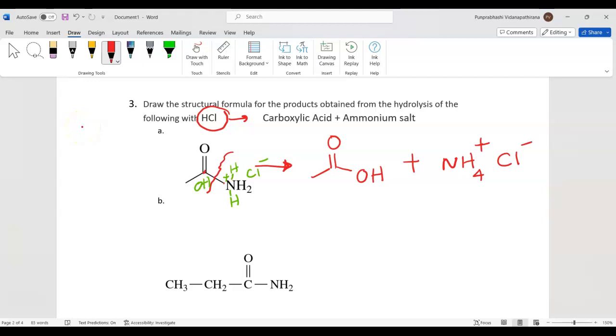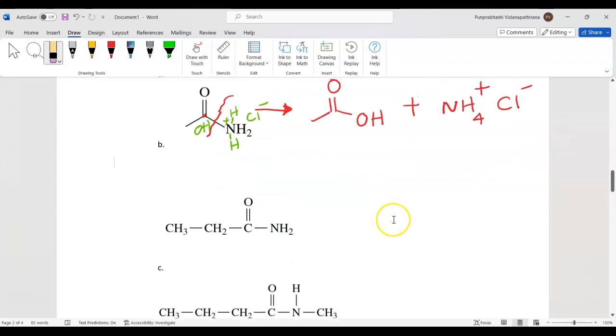So when it asks for the products, don't put any plus sign here, okay? Because this is one compound, and we don't want to put a bond here either, because these are ions, and we show that as separate ions, a positive ion and a negative ion, just like this. Okay. In question B,